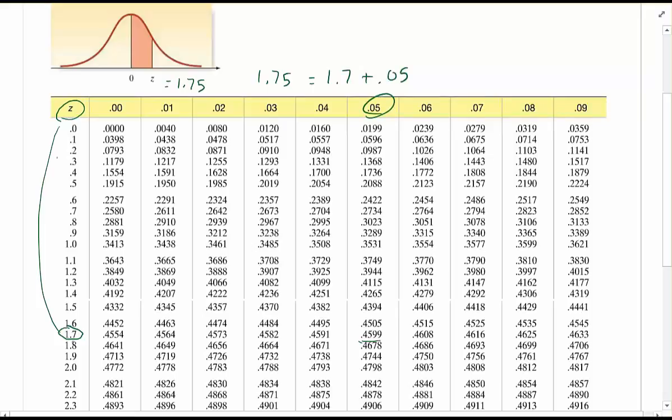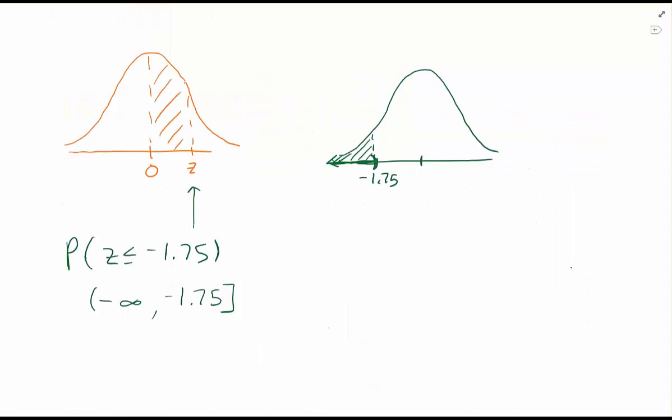So I'm in column 0.05, so moving across there, I have 0.4599. So let's go back. And remember, the table gives you the areas from the center out to your positive z-values. So looking up the 1.75, I found this area,